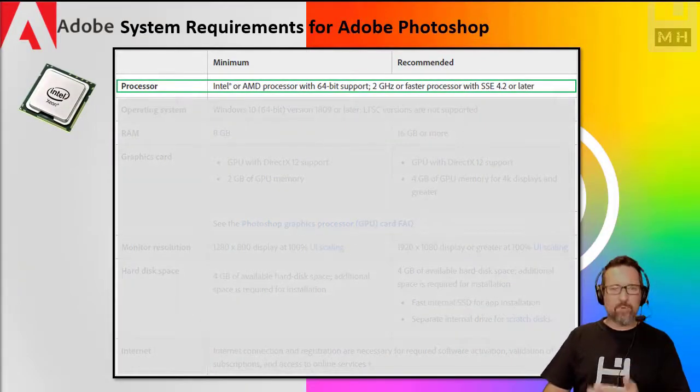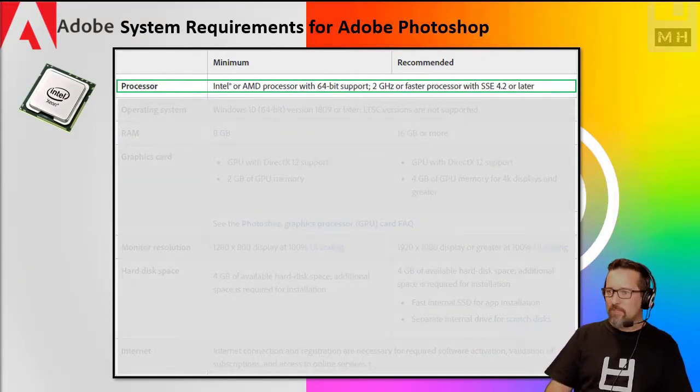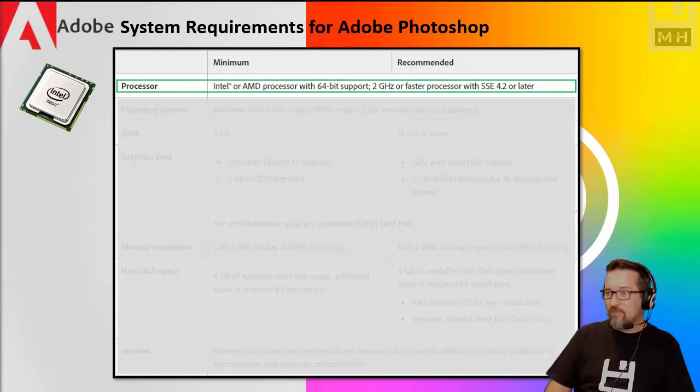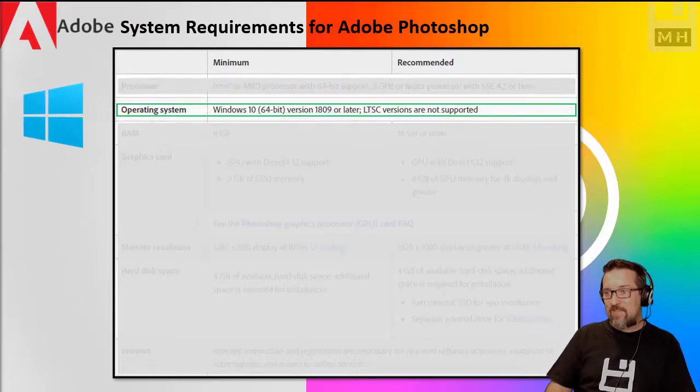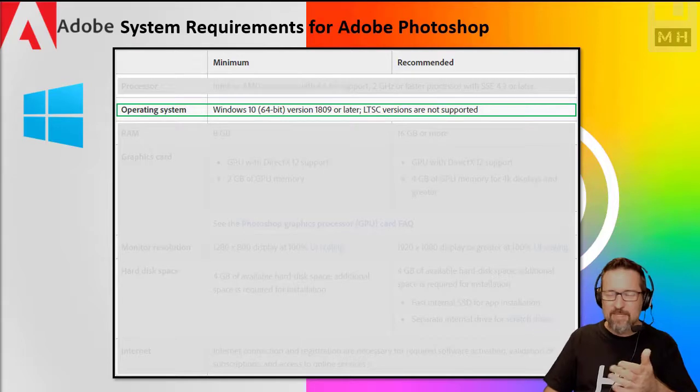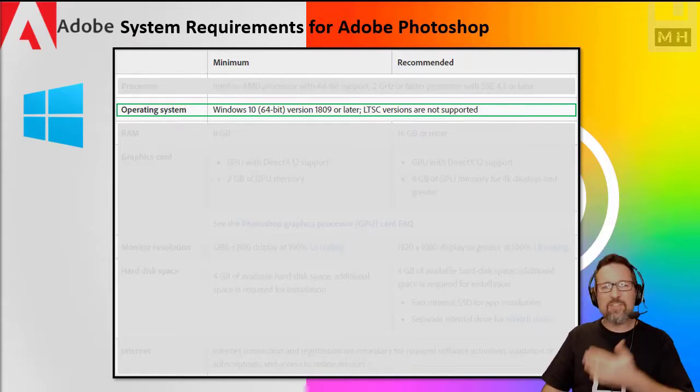Okay, so processor, your processor on your computer. They don't specify two different processors: an Intel or AMD processor, 64-bit, 2 gigahertz or faster. Next, the operating system, again, not minimum or recommended, it's just what we need. It's Windows 10, also 64-bit, and then they give a Windows version number or later. That's important, there's obviously a reason for that. If you had a much earlier version, it may not support certain